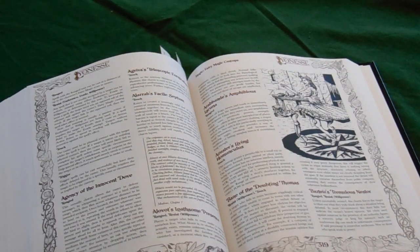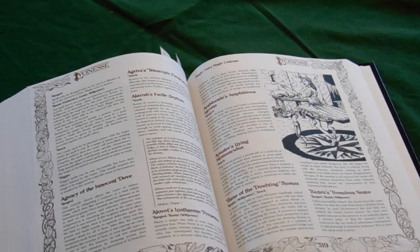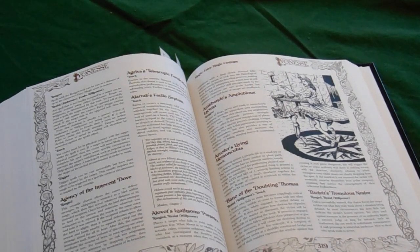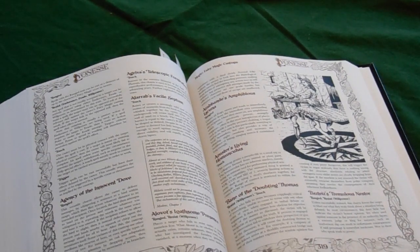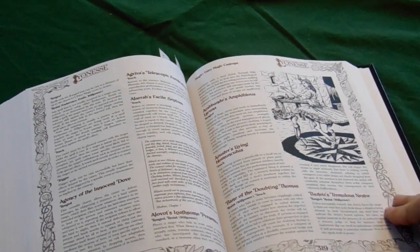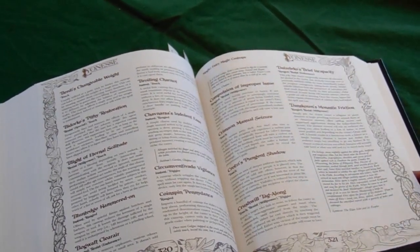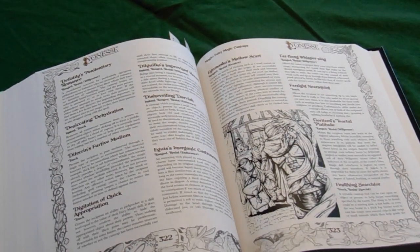So, fairy magic. Individual cantrips, very easily cast with a single skill roll, and they have some wonderful evocative names. Pete Nash developed this magic system, and he had enormous fun putting these effects together. There are 100 separate fairy cantrips in here, and all of them have wonderfully evocative names like Agriva's Telescopic Fornication, Alarab's Facile Septum, Baz-Tizer's Tremulous Nesta, Bogwaft Clear Air, Broiling Charnet, Crushwill Tagalong,